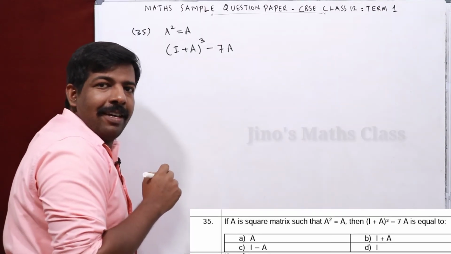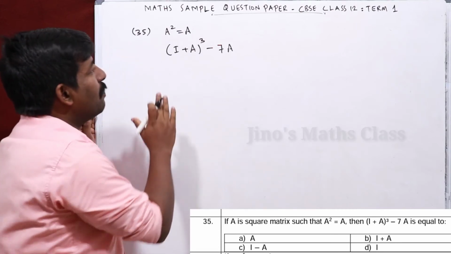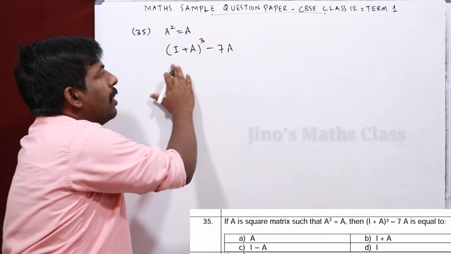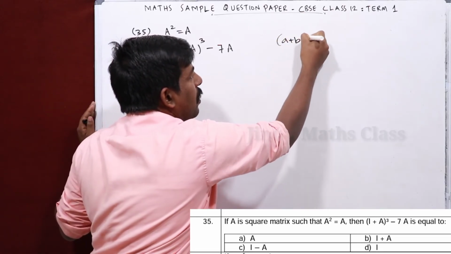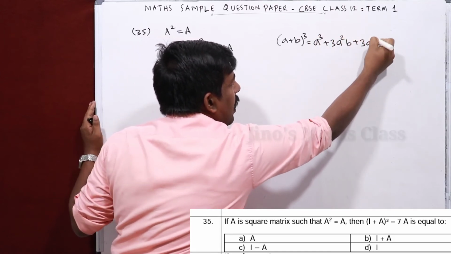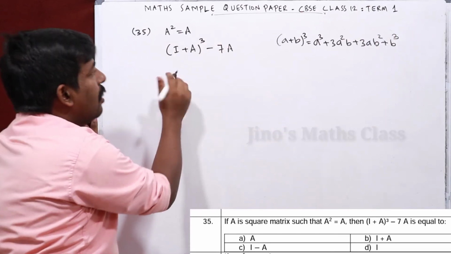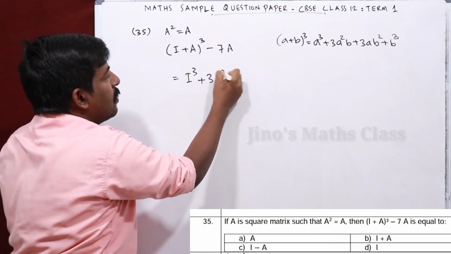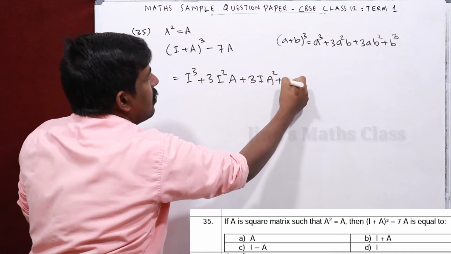Question number 35. Here for a matrix A, A square is equal to A, that is a given condition, and they are asking to find the value of (I plus A) all cube minus 7A. So first we can apply the formula of (A plus B) all cube. We already studied that (A plus B) all cube is equal to A cube plus 3A square B plus 3A B square plus B cube. So here we are applying the same formula. That means here it is first I cube plus 3I square into A plus 3I into A square plus A